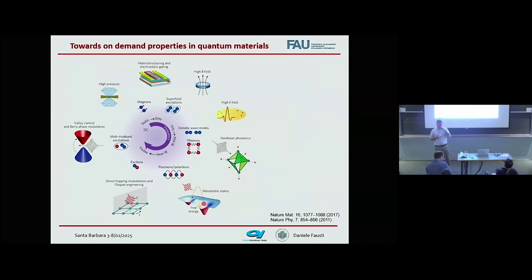What I particularly like of Dimitri's summary is this slide that they made, because it has all the keywords that people used in the community, from nonlinear phononics to the concept of metastability and Floquet, and eventually also the use of topology. Of course, everybody chooses the tools that they want, and the tool I will use to explain the logic that drives us is nonlinear phononics. I will try to convey the message of what's our choice and how we got to cavity electrodynamics, and I'll bring forward some discussion there.